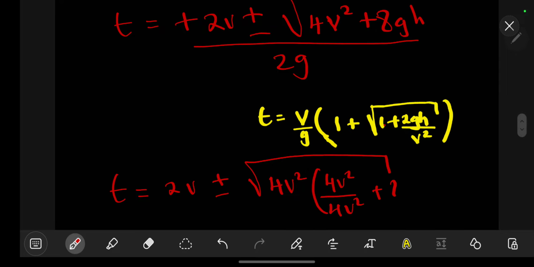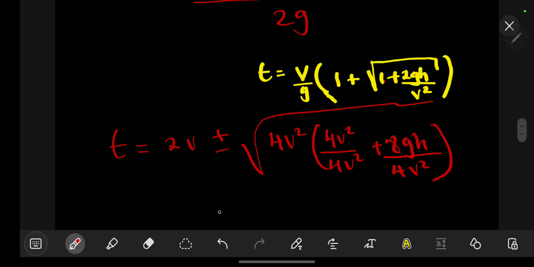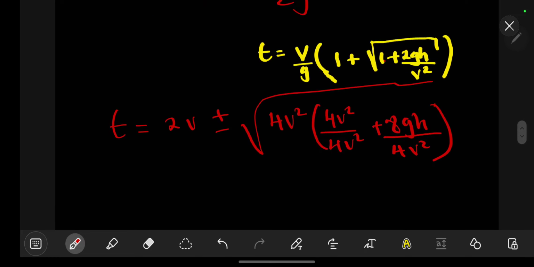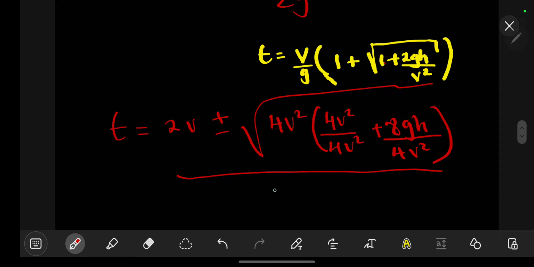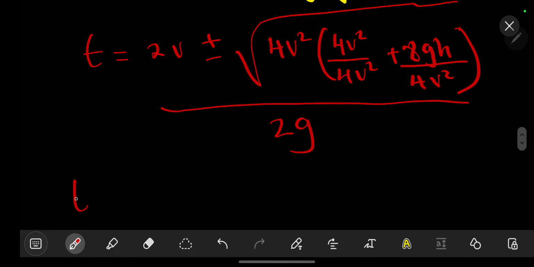Then we have plus our 8gh over our 4v squared. Whatever you factorize will be able to divide throughout. That's how factorization works. So we are going to have that value, then we have over our 2g there. So we have over our 2g like that. So what we are going to have from there is our t should be equal to our 2v plus or